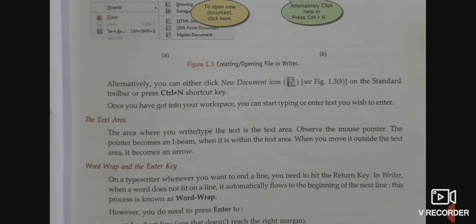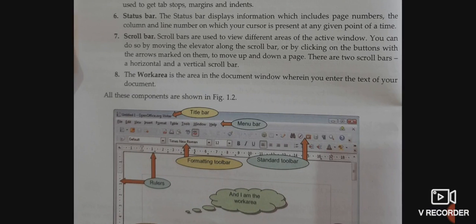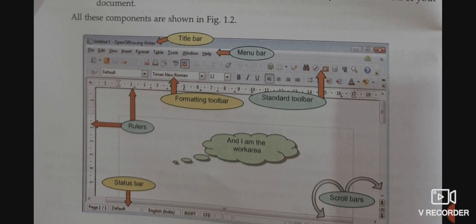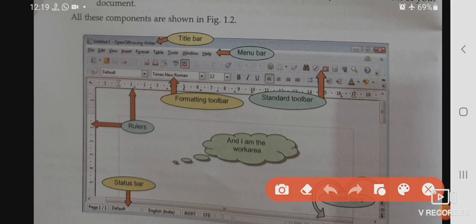If you ask me what is the text area, let me show you. See children, this is your text area, or you can say this is your workspace.